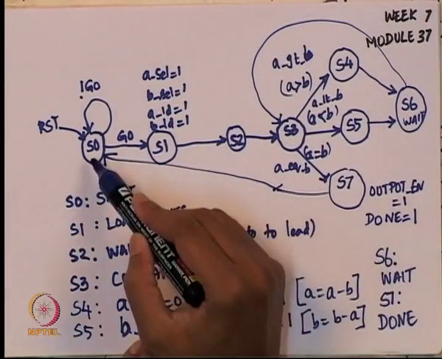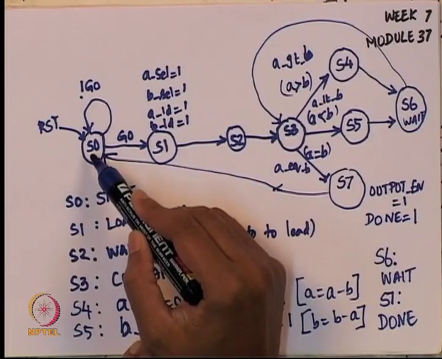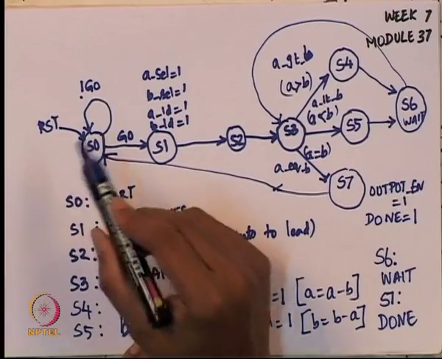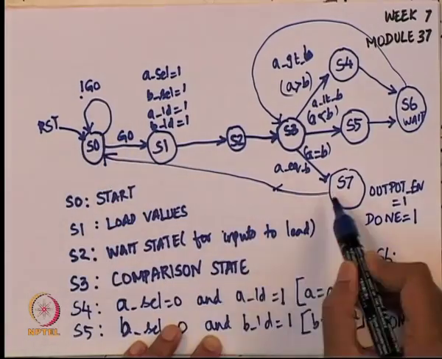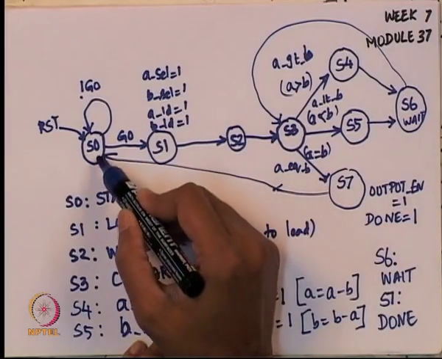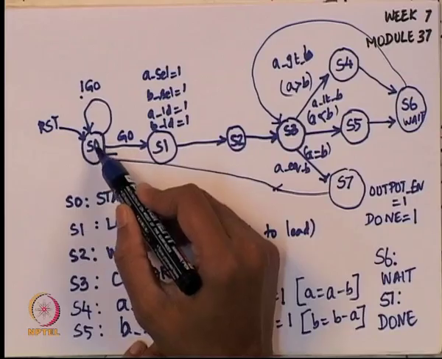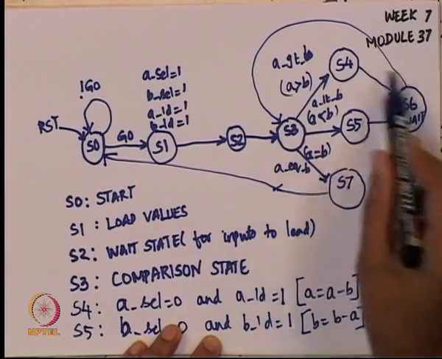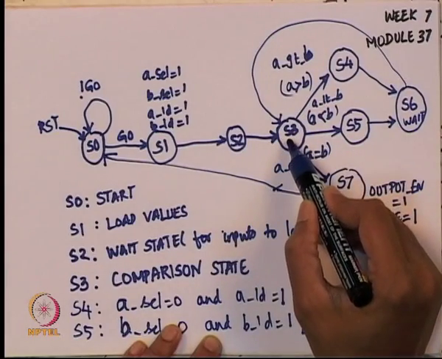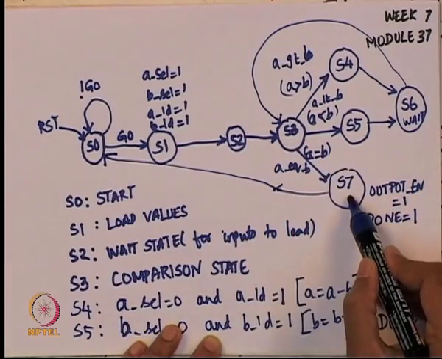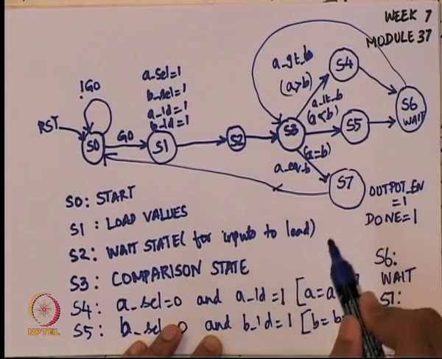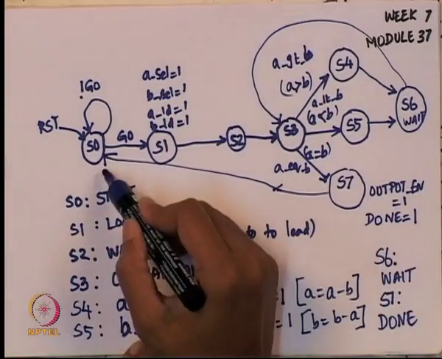So once done becomes on, till done becomes on, the external circuitry or external world cannot give new inputs, because we are going to be processing here, we are going to be in one of these states, and suddenly we cannot say go back and look at new inputs and start processing. So if we are in one of these states, we will have to wait till this whole transition gets over, we should come back to S3, and then from S3 we come to S7 at some point of time, that is the end of while loop. Once S7 is done, then you come to S0.